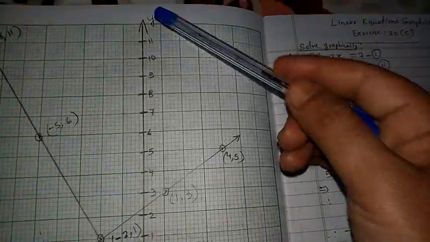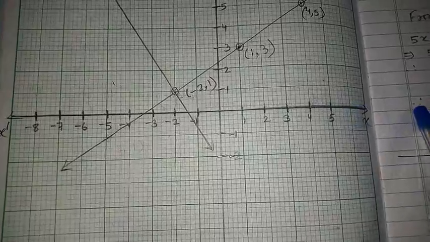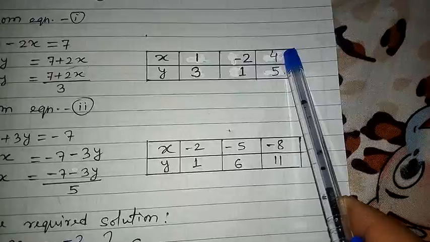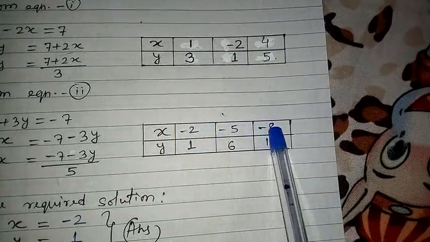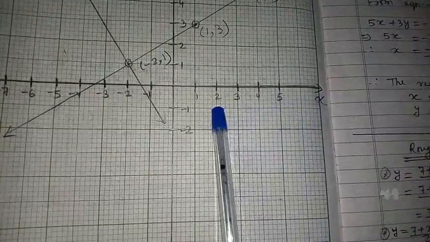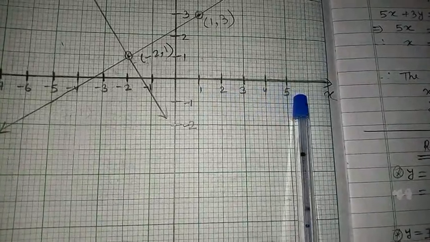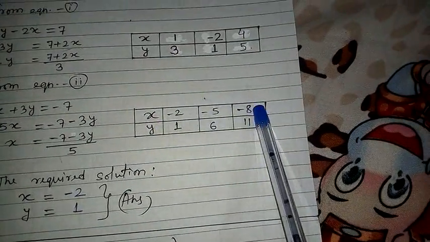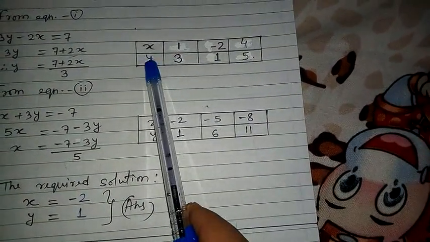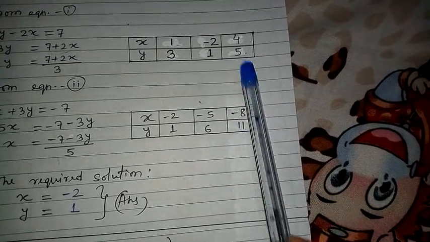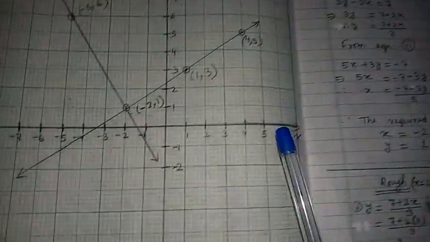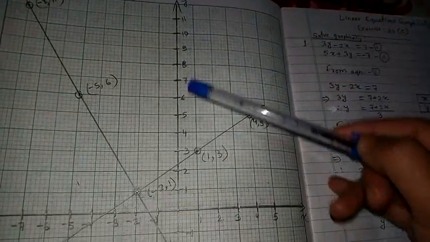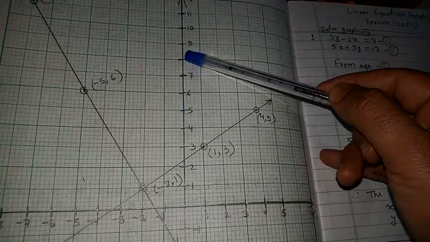We will make the y axis and x axis, and here you can see the highest positive value of x is 4 and the negative value is minus 8. So in the positive part I wrote 1, 2, 3, 4 and 1 extra, 5, and in the negative I wrote up to minus 8, because here you can see the x values highest are minus 8 and 4. In the y column the highest positive value is 11 and there is no negative. So in the negative part you can just write minus 1 and 2, but in the positive part till 11 you have to write 1 2 3 4 5 6 7 8 9 10 11.